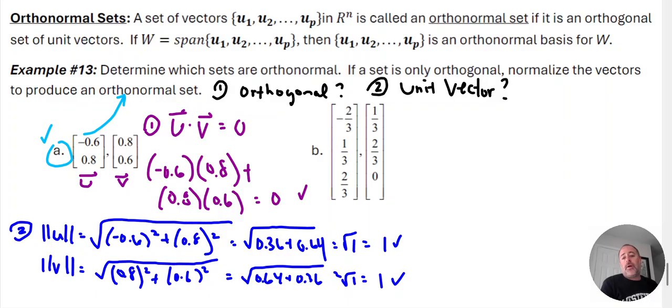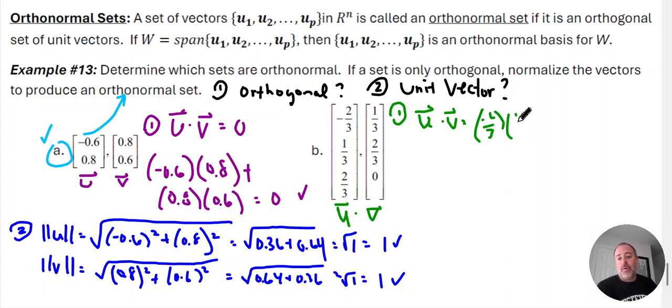All right, for the next part here, we're going to do the same thing. We're going to call this U, and we're going to call this V. Actually, that looks like a U, so let's go ahead and make this our V. So the first step that we're going to do here is set up the dot product and see if it actually gives us 0. Sorry, that looks like a U. Okay. All right, so when we do this, we get negative 2/3 times 1/3,